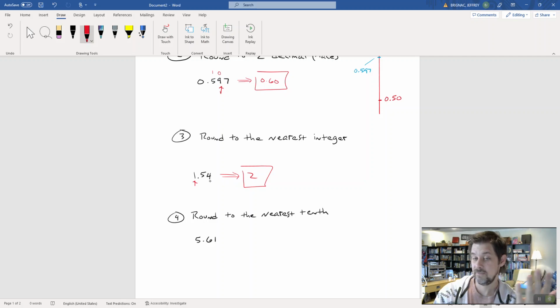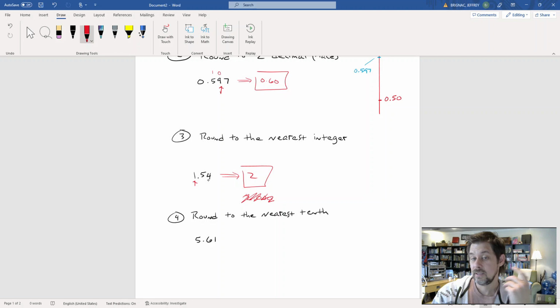We don't care about the 5 and the 4. We're rounding it to the nearest whole number. The digits that come after that don't matter. I guess you could write 2.000 if you wanted to, but it's just 2. Like this one, I could have just written 0.6. I didn't have to write the next 0, but I did. So this one, rounding to the nearest integer, rounds to 2. Okay, so